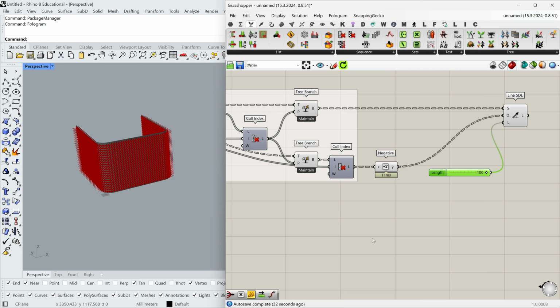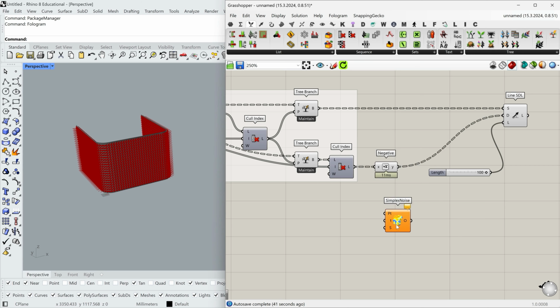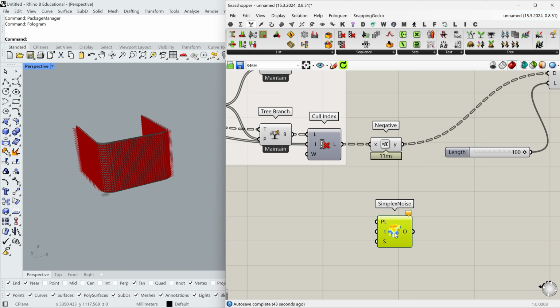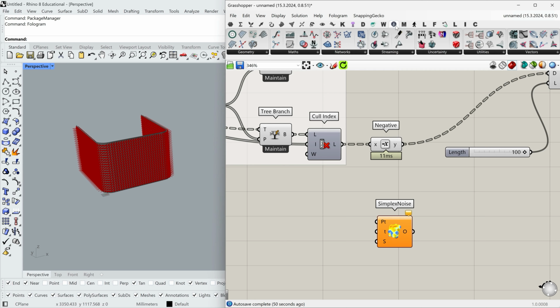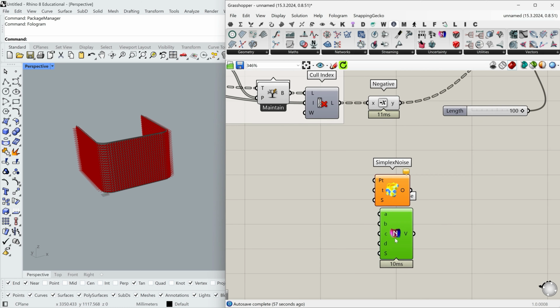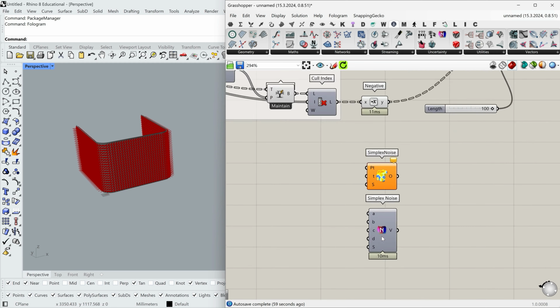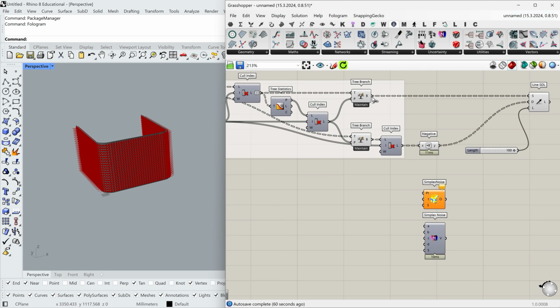Let's add some noise. I'm going to use the Noise 4D component, which is called Simplex Noise. It's a separate plugin. You can use one from Noise 4D, or you can use one from GitHub Terra. It's called Simplex Noise as well. Yep, the principle is the same. You provide points to each component.